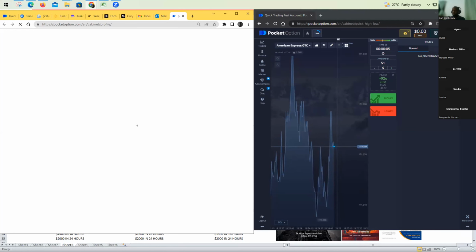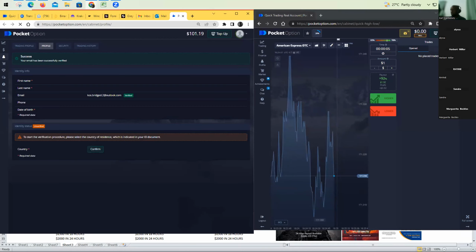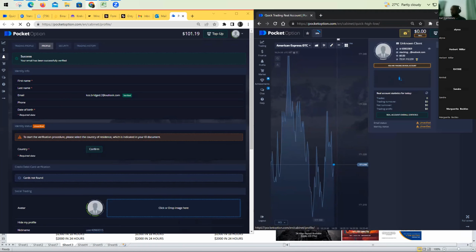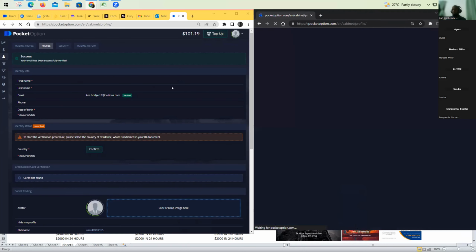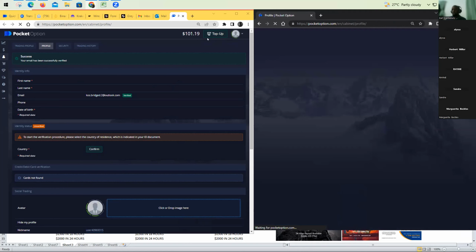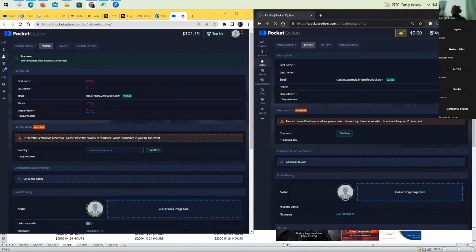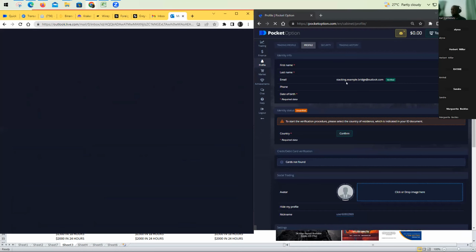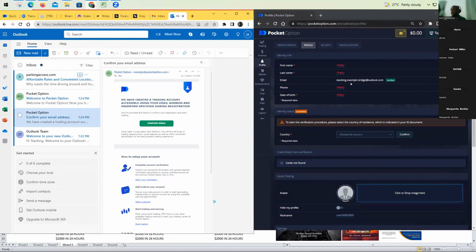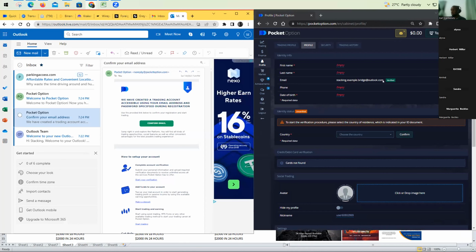You can't perform any withdrawals because you have to log in and put in all this information here: your first name. Come to profile, and it's going to ask for all this information. All right, so let's close this one and click on this one, and you can see here stacking.example.bridge outlook.com. That is our verified account. However, to verify the account, you must put in your first name, last name, a telephone number, and your date